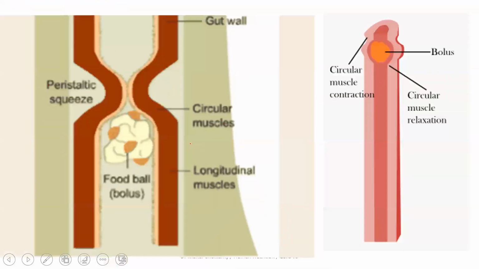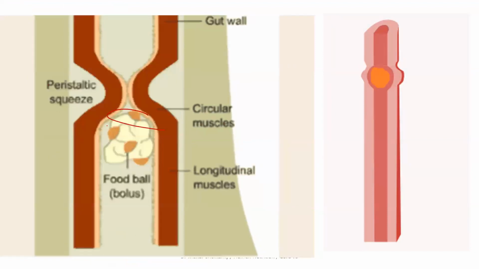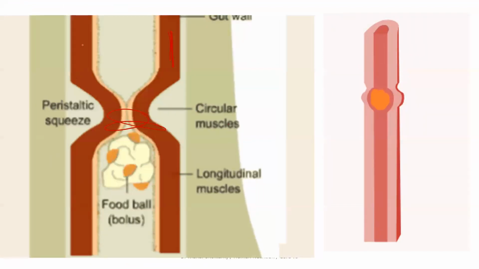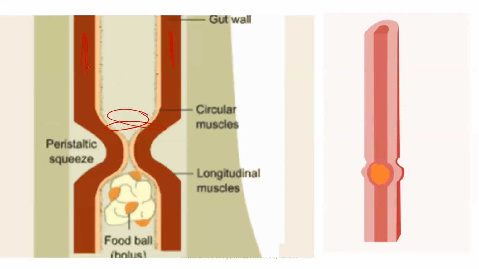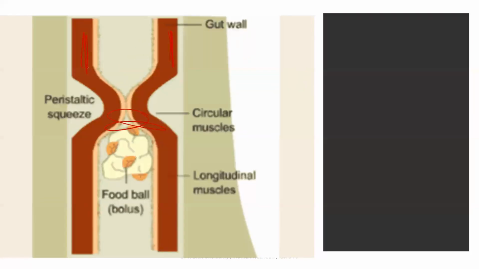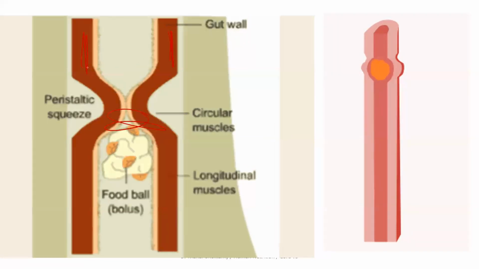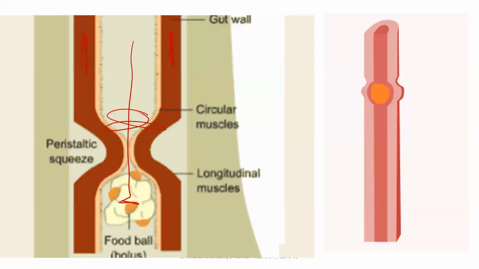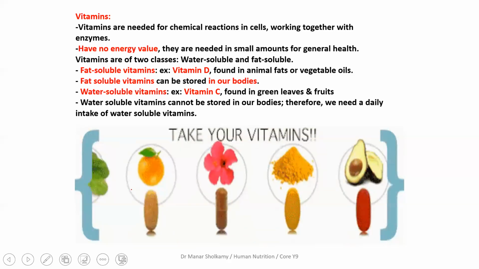I think fiber is obvious now. This picture shows you the circular muscles and the longitudinal muscles in your esophagus and your digestive system in general. They are antagonistic. When one contracts, the other relaxes. When one relaxes, the other contracts. They help move the food along the digestive tract, and this movement is called peristalsis. I'll start with it tomorrow.